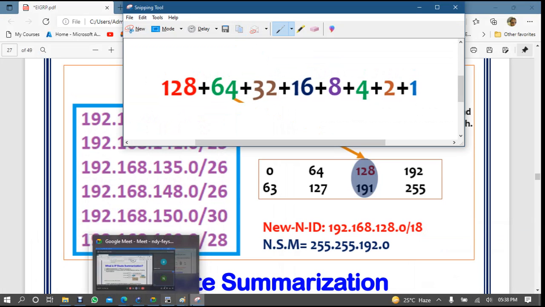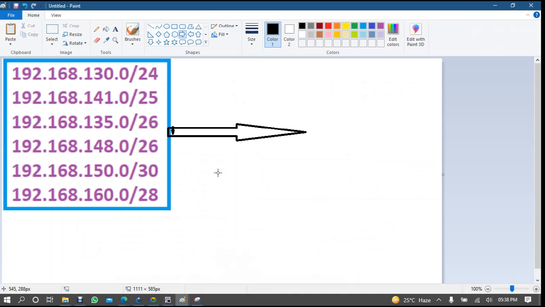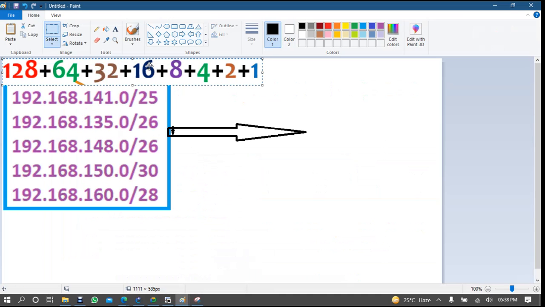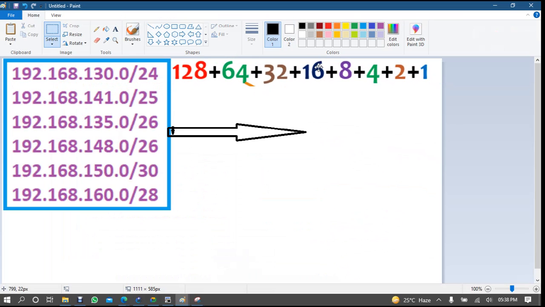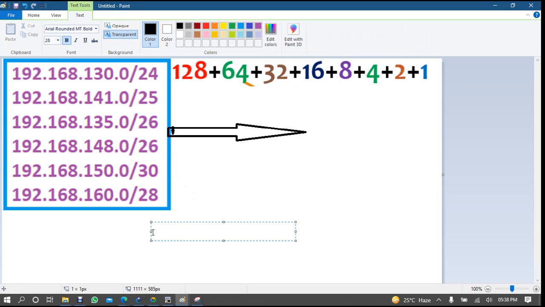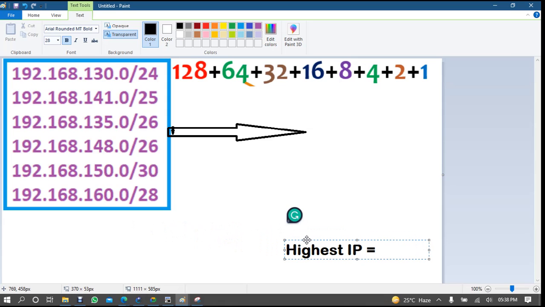Yes, this chart is important here. Now, whenever you want to summarize any route, the first thing is the highest IP. Which one is the highest IP? But before that, sorry, before highest and this,